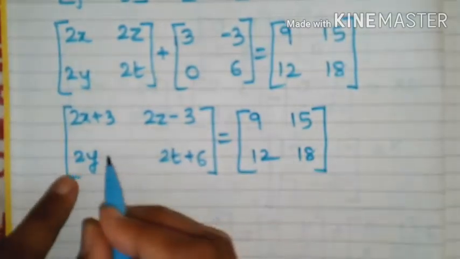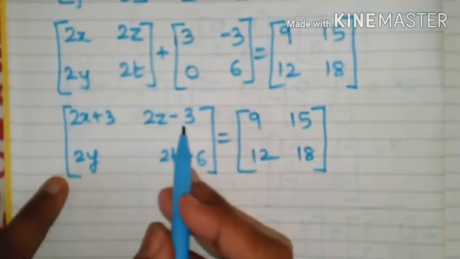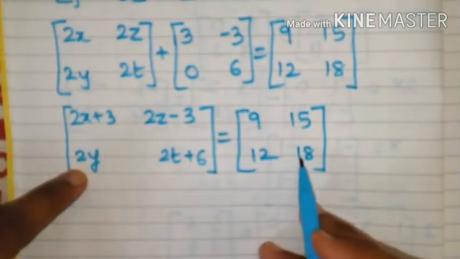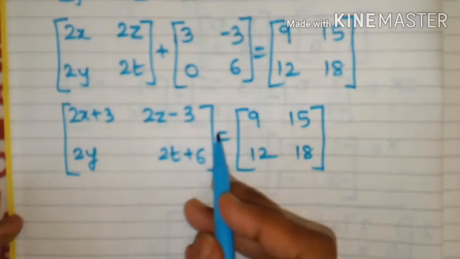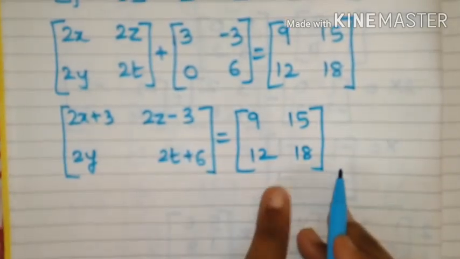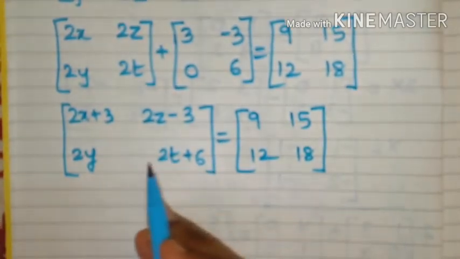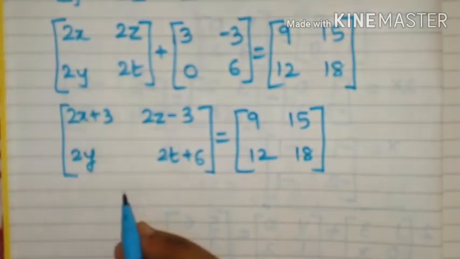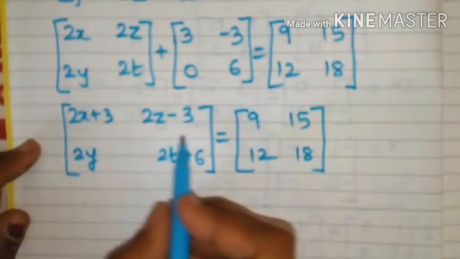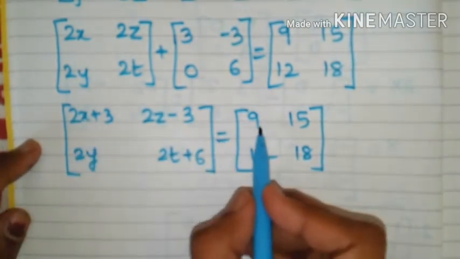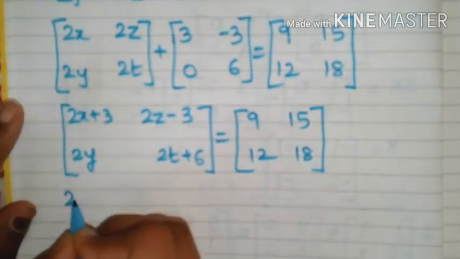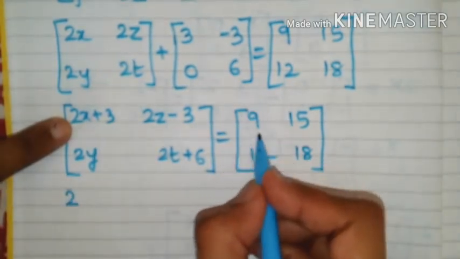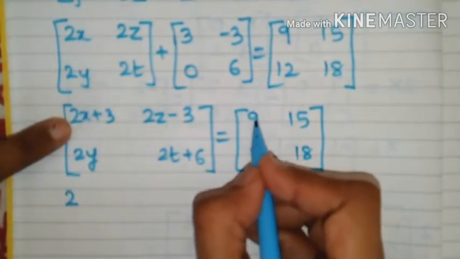Now if you see here, every matrix element on the left hand side has a variable to it, and on the right hand side you have a constant. Now these two matrices are said to be equal. So what does this mean? The corresponding matrix elements have to be one and the same. So let us equate each corresponding matrix element. That means the first row first column matrix element, I'm going to equate it to the first row first column matrix element of this matrix.